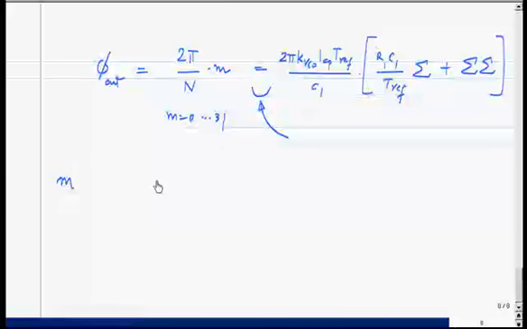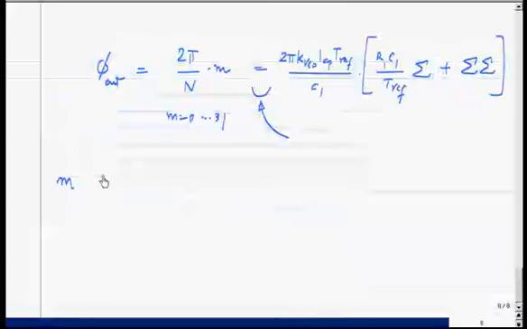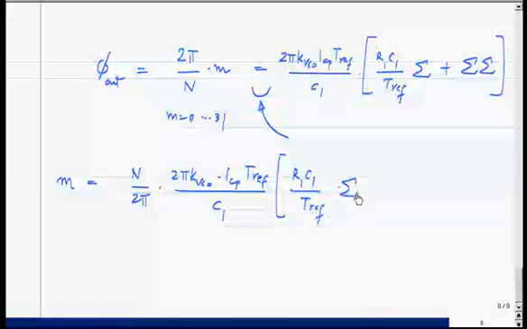So what we have to choose is m, the digit m, basically, which corresponds to which of the 32 phases we choose, and m will be given by n by 2 pi times KVCO ICP Tref by C1 times R1 C1 by Tref plus single summation plus the double summation of the charge pump output, okay. So which can be written as